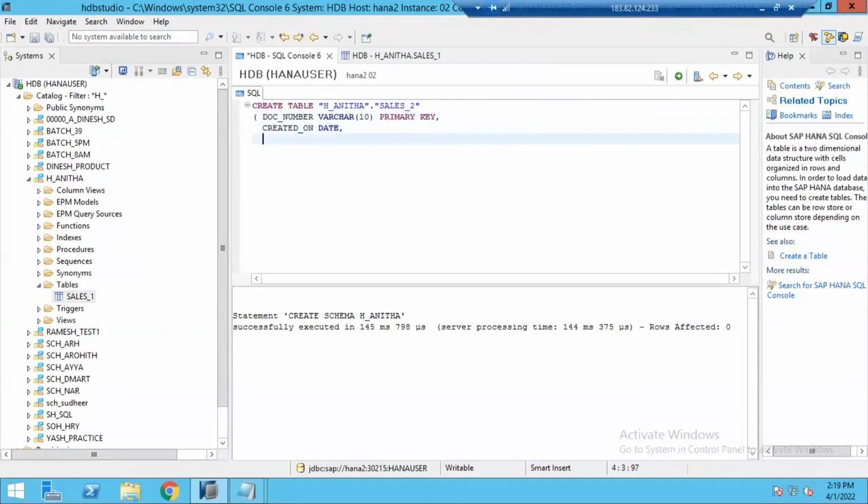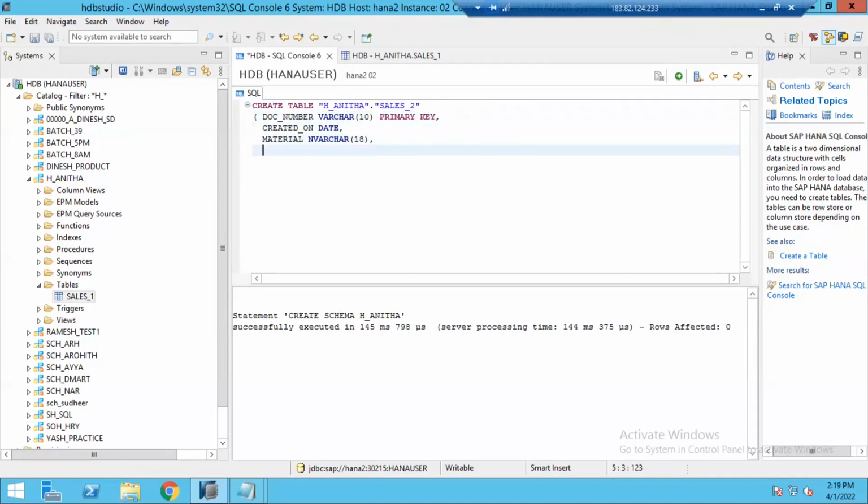For date, no need to mention any length. Then I want to define a third column called material, and I want to give this as nvarchar of length 18. Each column must be separated by one comma. After document number I gave a comma, created on, comma, material data type, and then a comma.